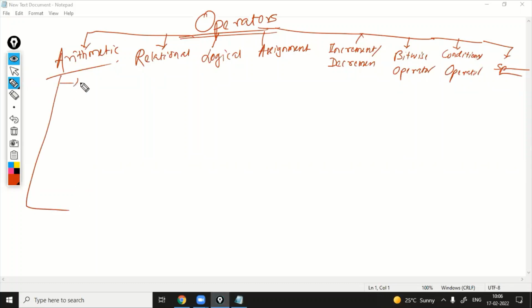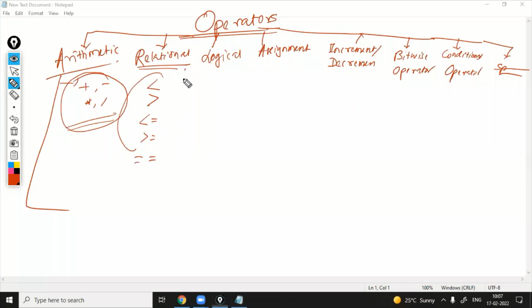For arithmetic operators, you know addition, subtraction, multiplication, division, everything you know. So I'm not going into details of how to do these operations. Please go through your book and study in detail. You can see what operators are there. Another is relational operators. What are the operators in relational operators? Basically less than, less than or equal to, greater than, greater than or equal to, equal to. This kind of thing is there. You will find some more examples here.